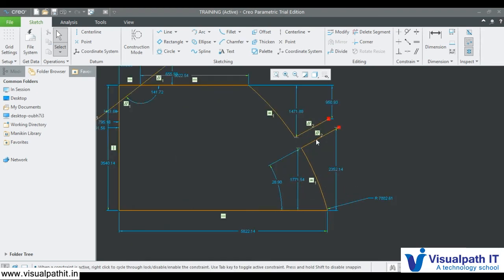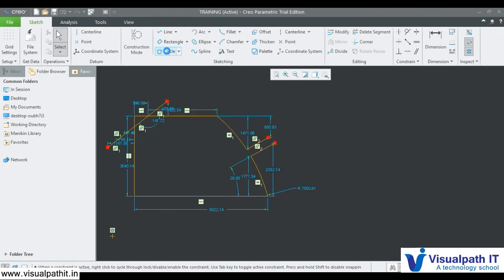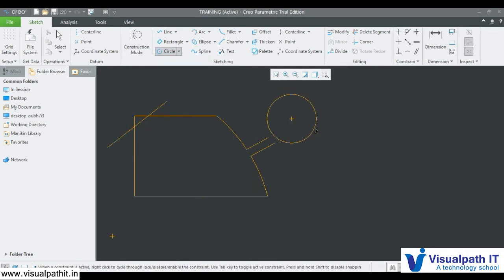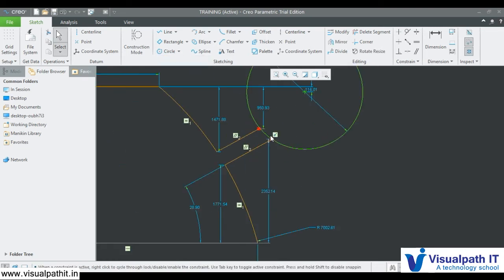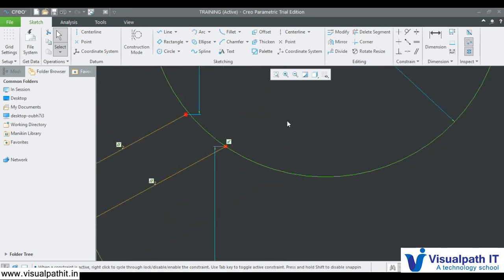Yes, so let's say there are two chambers and this is one chamber. I want to give an entry. This is how I created one chamber, and I'll create a circle. See, now my circle is on these lines and I want to extend this thing. Now I'll select this thing.